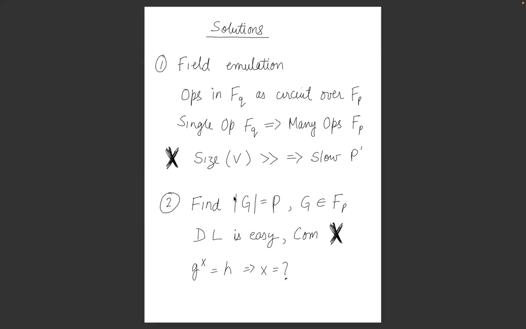And the second solution is, what if we had a group where the order of the group is P, and it is also defined over a tuple of some field which has P elements. It turns out that the discrete logarithm problem is easy in such groups, and that's why we cannot use this for commitments, because a commitment should preserve the input inside it. It cannot reveal the